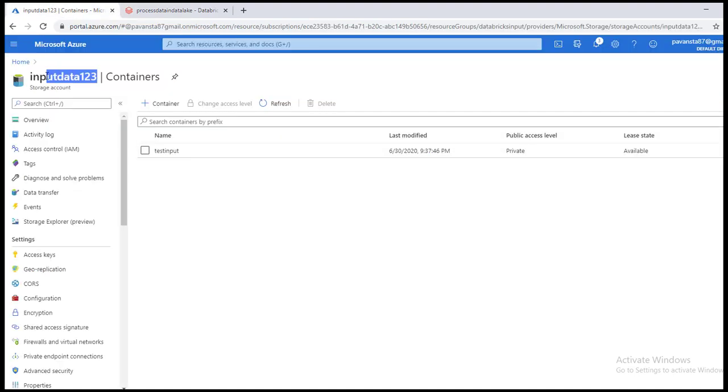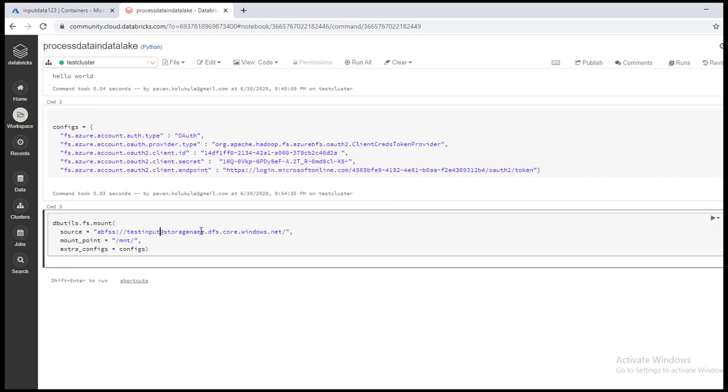Storage name is this one. Now we'll also give a name to this mount point, which is data lake gen2 mount. Okay, now we'll click on run.